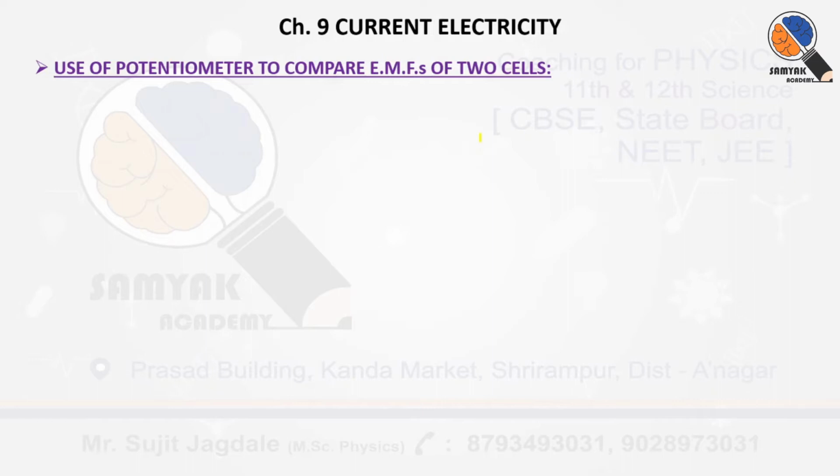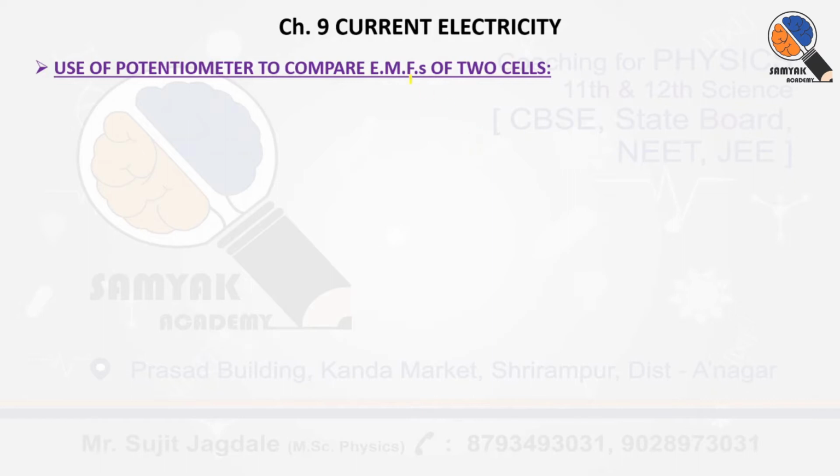So we are going to say that whatever be the length of that potentiometer wire that we have to consider, and according to the principle of potentiometer we can conclude that whatever be the potential difference we are going to calculate for any portion of the wire, that is going to be directly proportional to the length of that section of wire. So that principle we are going to use while using that potentiometer.